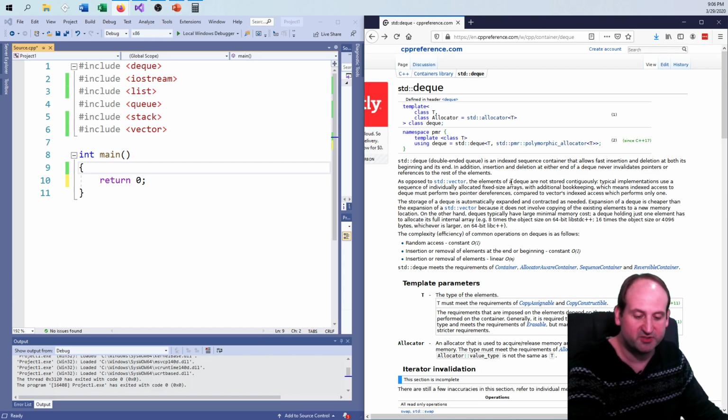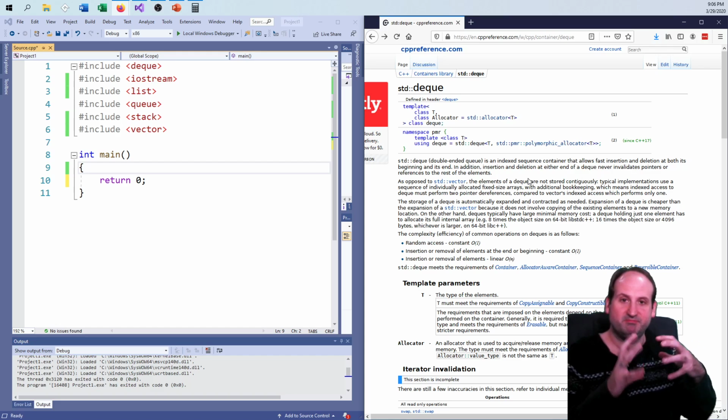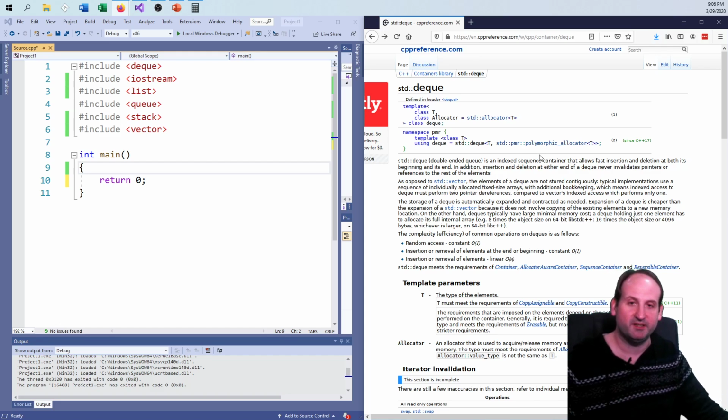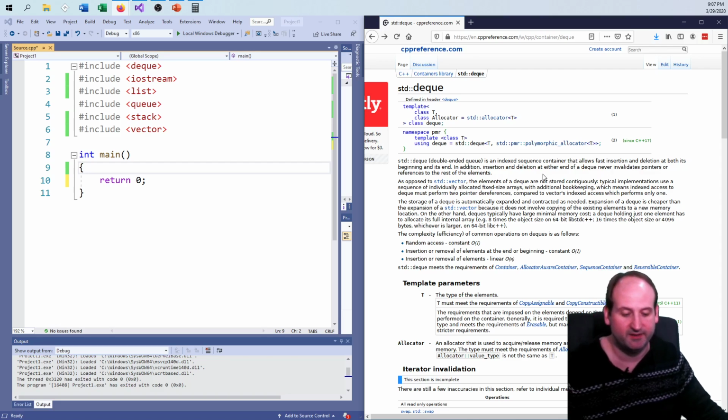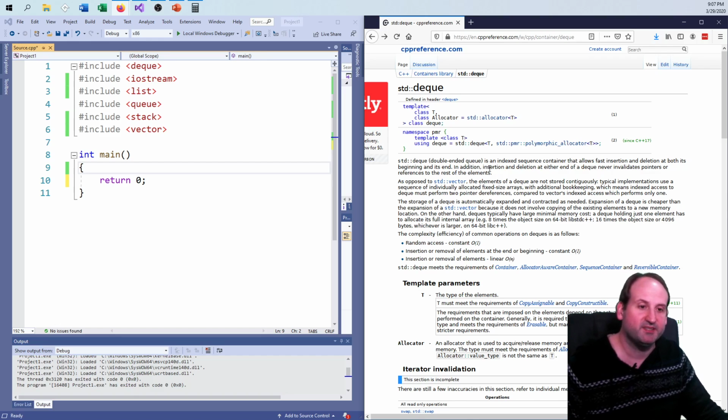That's why in the Josuttis book it's in chapter 7 and not chapter 10 or 11 or wherever the stack and the queue are found, because this is basically a foundational data structure. The stack and the queue use a double-ended queue as a default data structure under the hood, adapted to that need. A double-ended queue, deque, it is pronounced "deck", I'm not just making that up, is an indexed